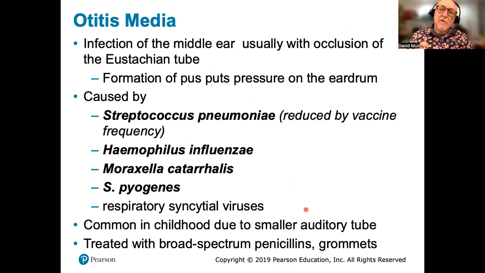Okay, so in children, these respiratory diseases often are particularly important for infants and for young children. And that's because of the narrowness of their airways and just of their anatomy in general. Here's one also familiar,